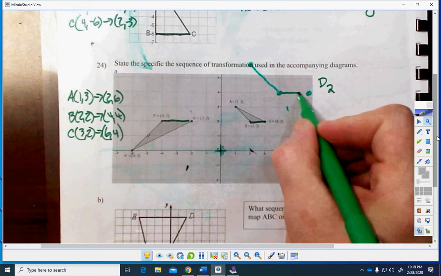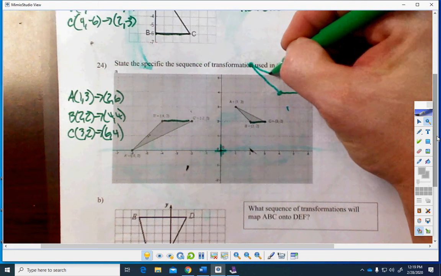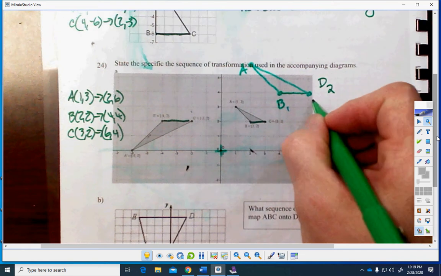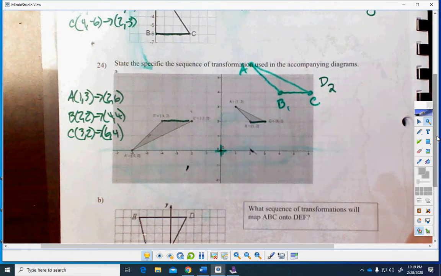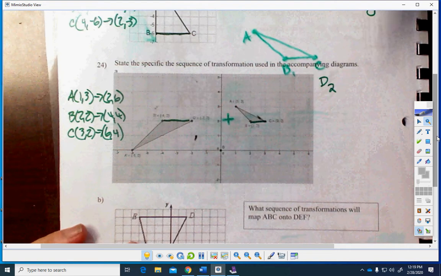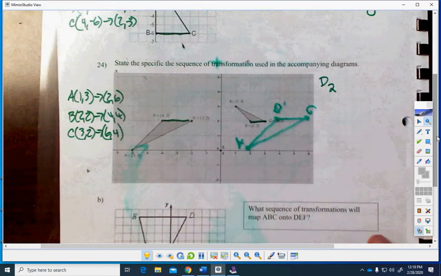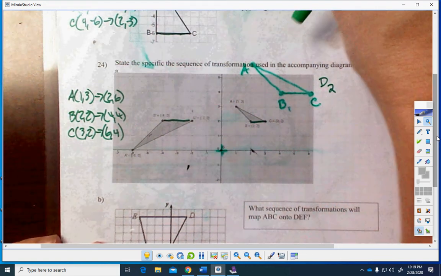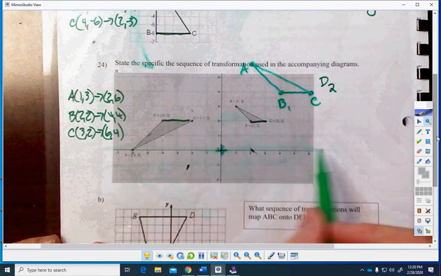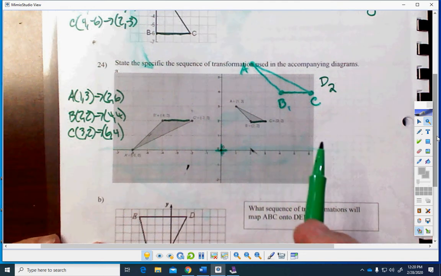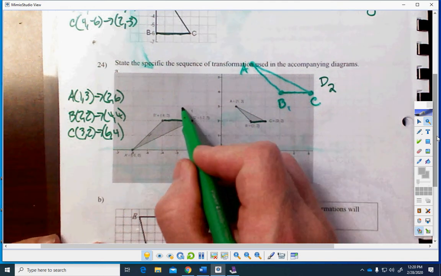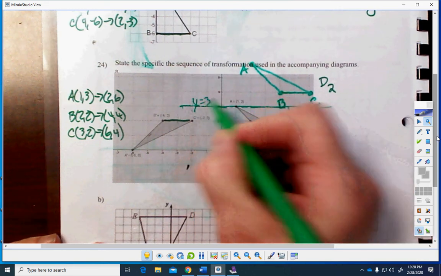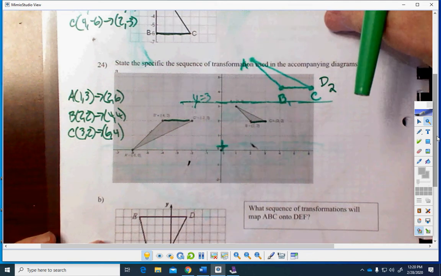And again, I could see it's the right size, but it's in the wrong place. In order to get it to face this way, I recognize if I flip my transparency over, it now faces the right way. So I have to figure out what line I want to flip over. I could flip over any horizontal line. Really, there's lots of different lines you can choose. I'm going to choose this line, which is y equals 3. And when I flip over it,